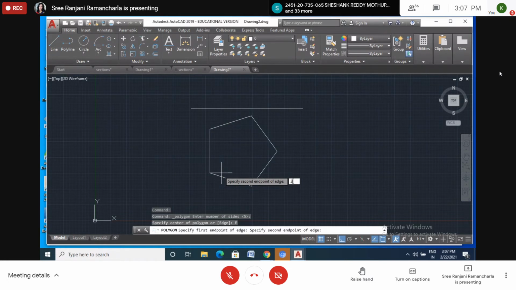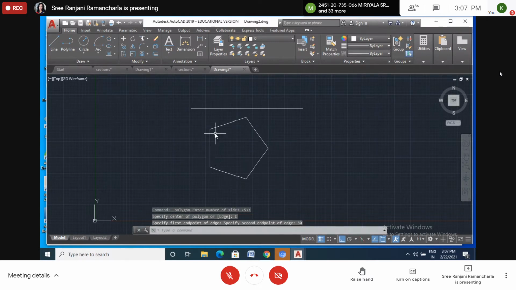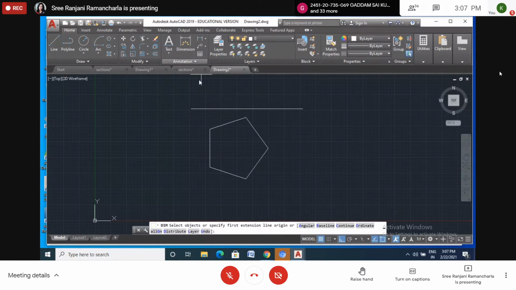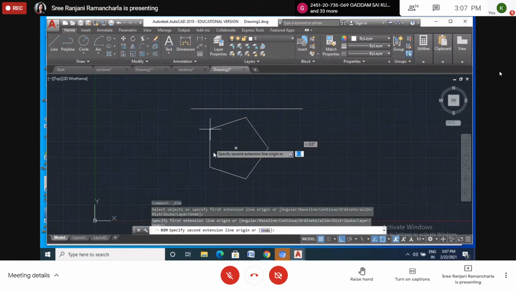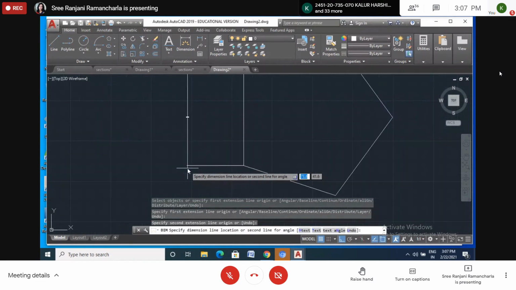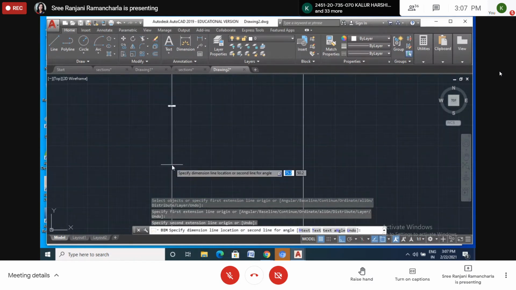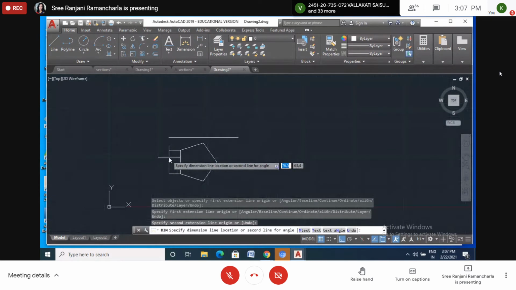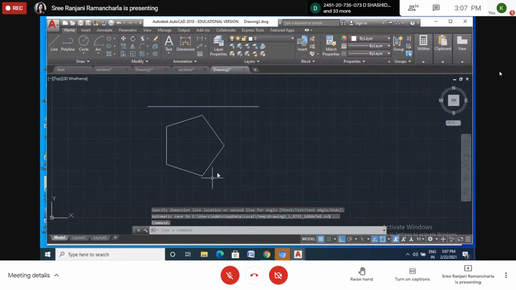Then here you can see the 30. You can see 30 here. Right? Then enter. So this will become 30. These are all 30. If you want, you can check here by taking this one. This is also one type of command. Please note it down: DIM, dimension. So see here, we have to set this one. I will show how to set. So this will be exactly 30. Okay. Now it is 30.